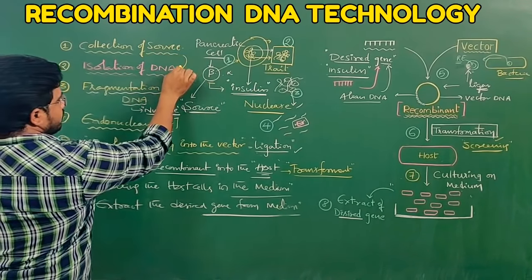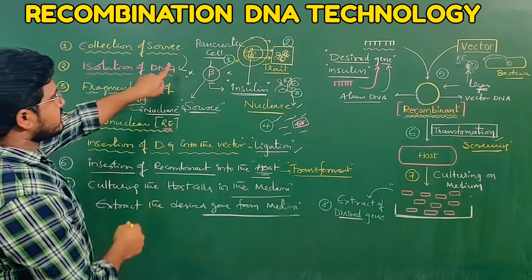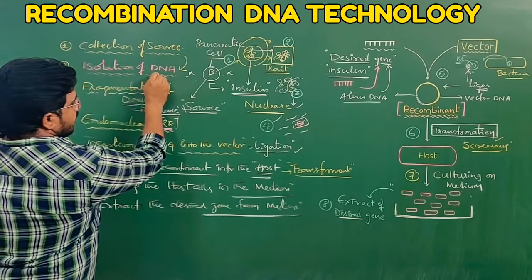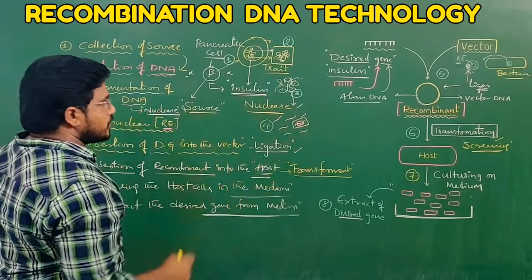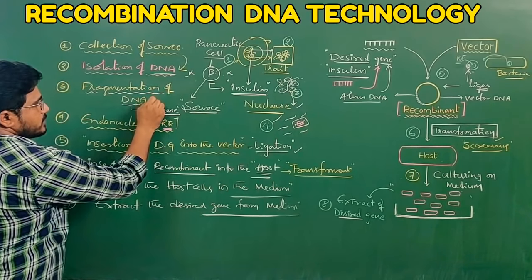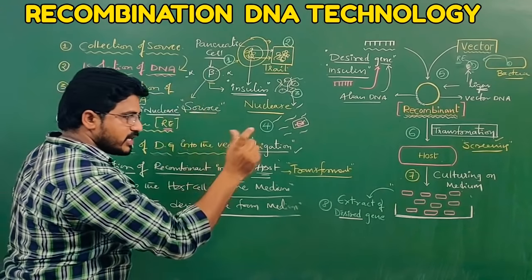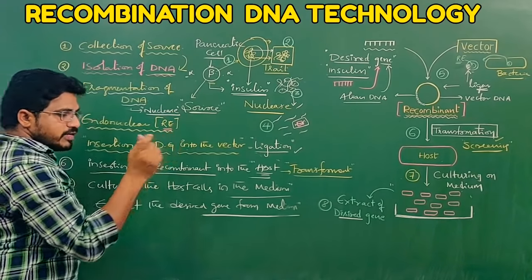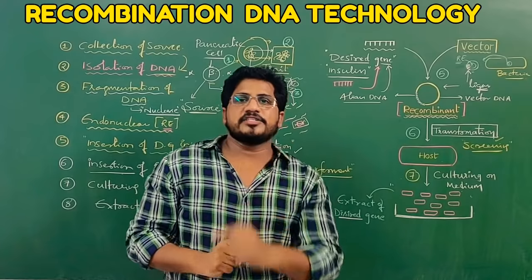Later, the collected sources give DNA by using lysing enzymes. Where are lysing enzymes used? After collection of the source. After using lysing enzyme, you get the DNA, not in fragments, but the entire length of the genome. Then later we want fragments, so here we have to use nucleases. After that, if you want a certain sequence, you use restriction endonucleases. After restriction endonucleases, you will get whatever particular sequence you want, that is called the desired gene.